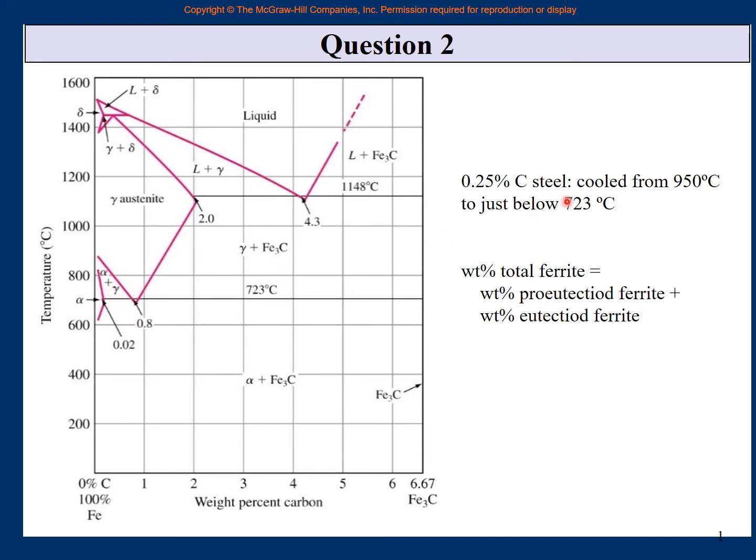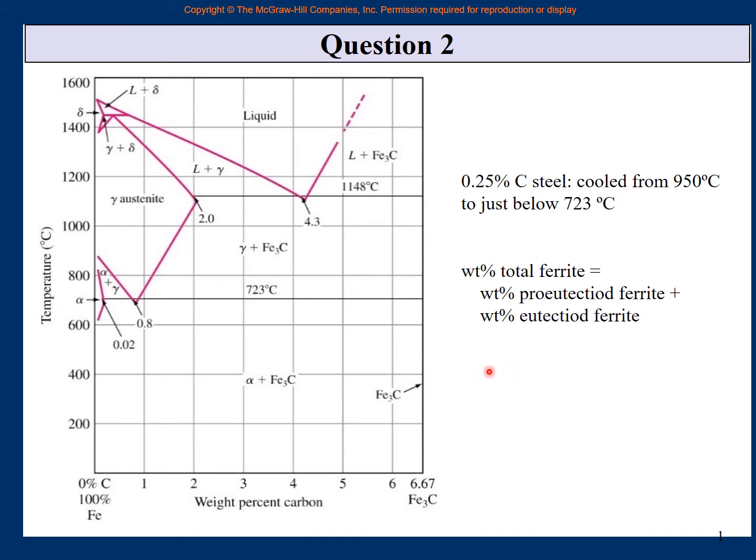In the middle is 0.25% carbon, right? So this is your tie line. If you have a tie line, then the lever rule and everything is very simple, right? Draw a horizontal line. On the left, alpha 0.02%. In the middle, 0.25% carbon, W naught. And on the right, gamma 0.8% carbon. There is alpha here, W naught here, gamma here.